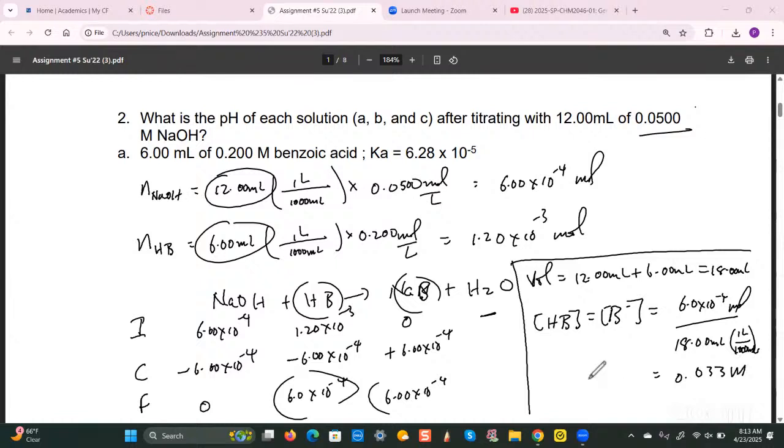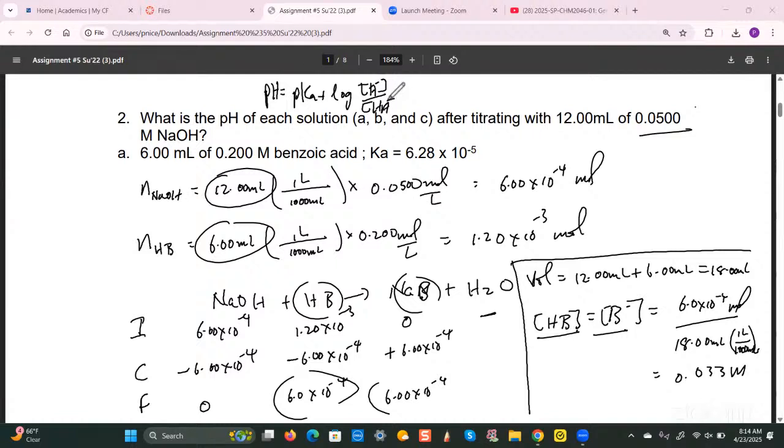M, right? Now, firstly, you must recognize that the two components of the mixture present at this juncture would be a weak acid and the conjugate base of the acid, which means that basically we have a buffer, right? And when it comes to buffers, we can calculate the pH easily by using this equation. pH is equal to pKa plus log of concentration of A minus or B minus divided by concentration of HA